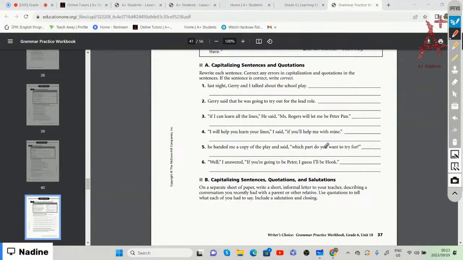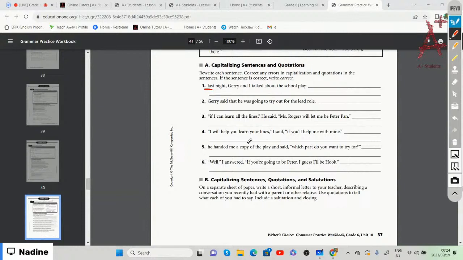Which of the words needs capitalization? All right, so the word that needs capitalization is last in last night. Gary and I talked about the school play. So the last in last night needs to be capitalized because it is the start of